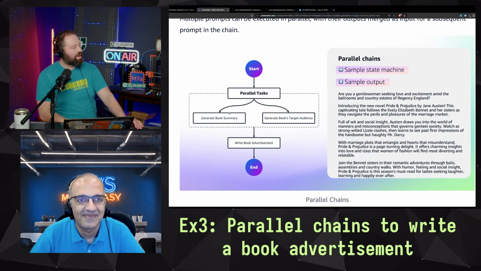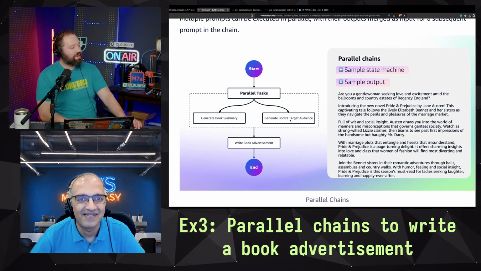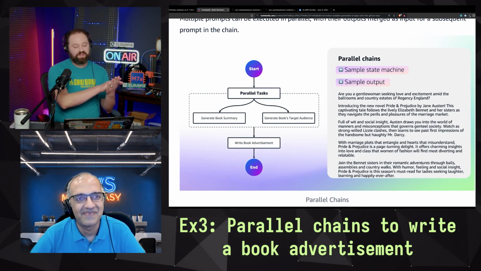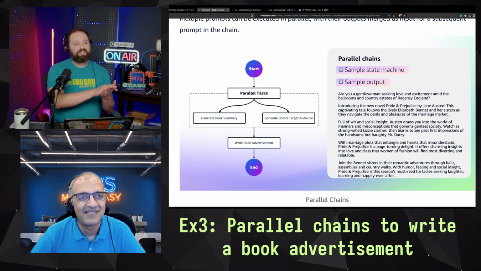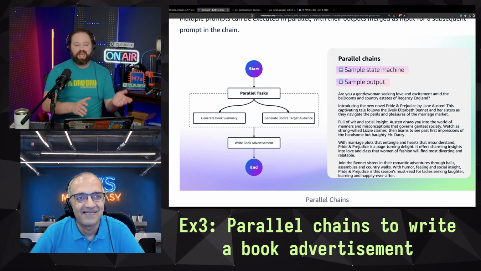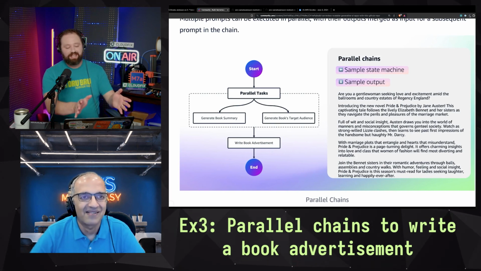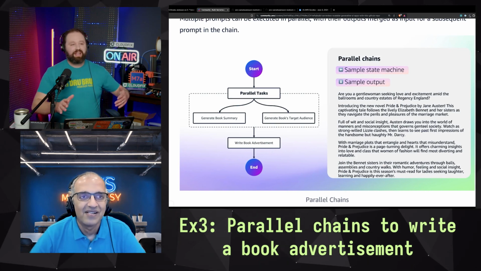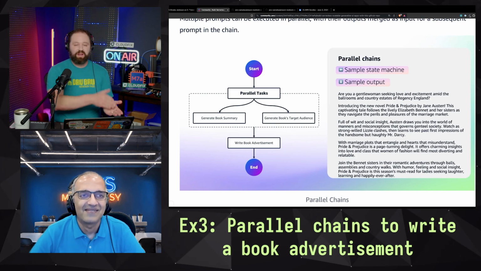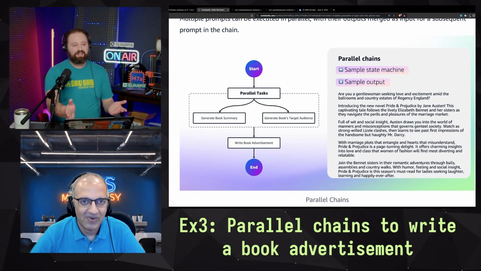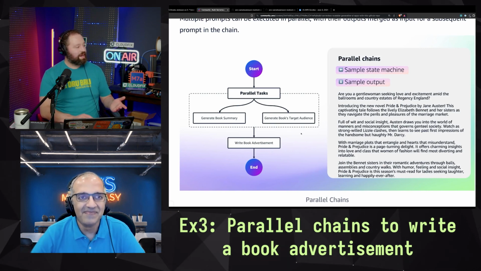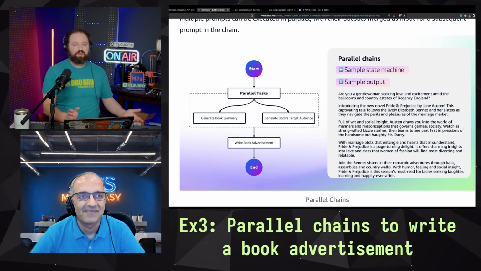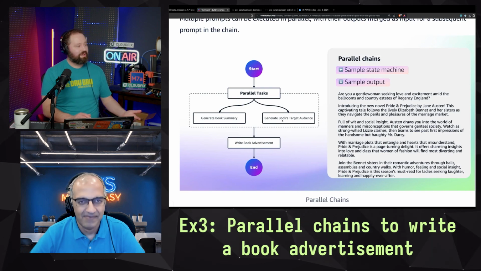I like this example of generate book summary and generate book's target audience. And we saw that on Friday. One of the things that we tried to do with the Bedrock agents, we said, generate this list of steps and update the task. And we remember it did the first thing, but it didn't do the second thing. And LLMs, they're good at doing one thing. That's why you want to do the step by step. And so I really like this idea of separating it out into two very distinct questions that, again, could be pulling in different sets of data, right? If you are generating the book's